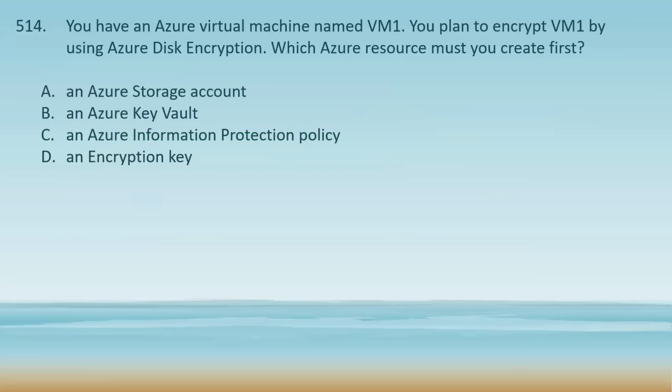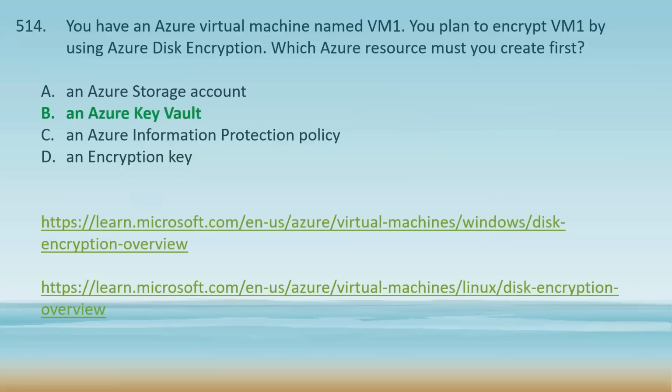You plan to encrypt VM1 by using Azure disk encryption. Which Azure resource must you create first? Your options are an Azure storage account, an Azure key vault, an Azure information protection policy, an encryption key. Now, friends, before you can encrypt an Azure virtual machine using Azure disk encryption, you need to create an Azure key vault to store the encryption keys. The key vault will manage the encryption keys that are used for encrypting the VM's disks. You will then use Azure disk encryption in combination with the key vault to encrypt the VM's OS and data